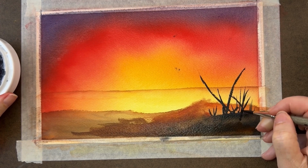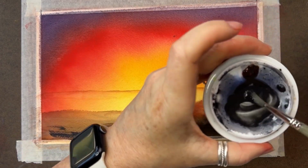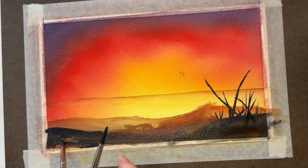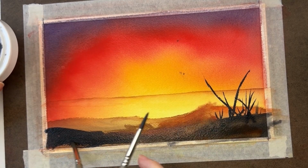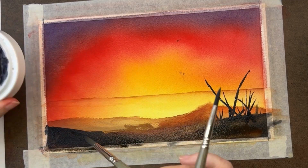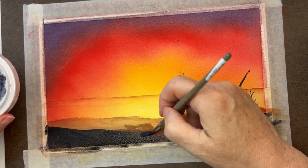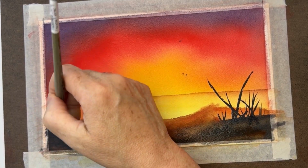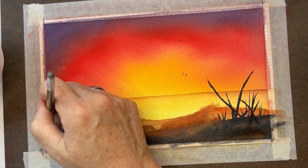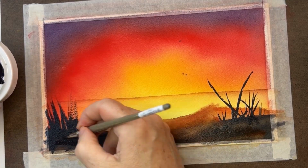Actually, what I'm gonna do is finish applying dark over here, and then we will go from this to the top. So now this is my black. It's darker here, like the sky here has more blue, so it's a lot darker. And while this is where I put this on hold, so to speak, it's pretty wet. So now we start doing big grass. But we want some of these red colors to show through here at the bottom too, so that it's not even. Bring some of my water, and now